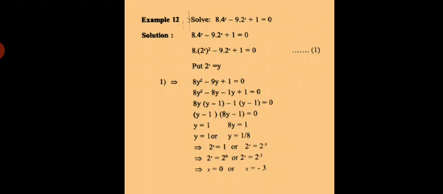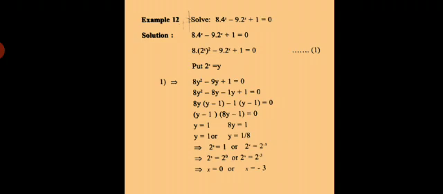Now this is the quadratic equation. Split into factors, find the factors of this equation. So minus 9 in the middle term, you have to split it. When you multiply the first with the last term, 1 into 8 is 8. Then minus 8 minus 1 is minus 9. You are multiplying the last two terms, 8 by 1, and if you add the same terms, you have to get the middle term.